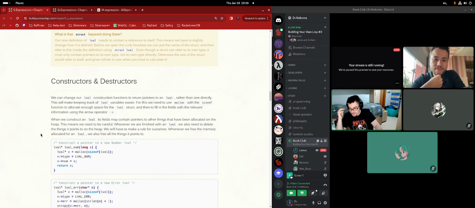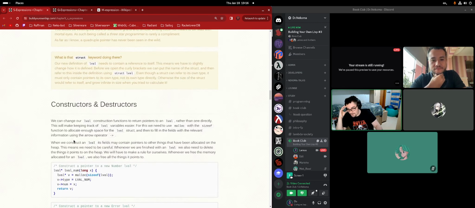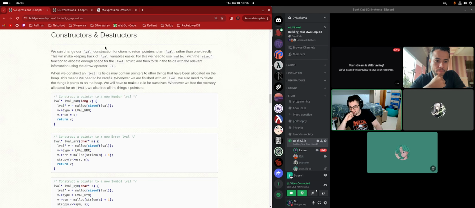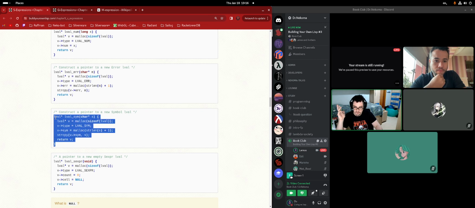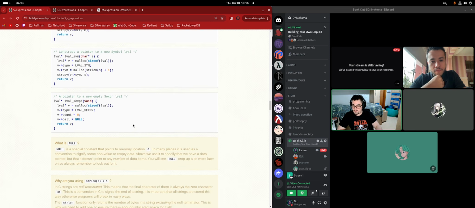Anyway, so let's go on. Now that we have a dynamic array, we're going to have to re-implement our functions to do mallocs, which is fine. So basically we are constructing it, and we also need to destruct this stuff after. We are picking every single type of expression that we have and asking the operating system, give me some memory, and then I'm going to give you some memory. This is the type, and so on and so forth.